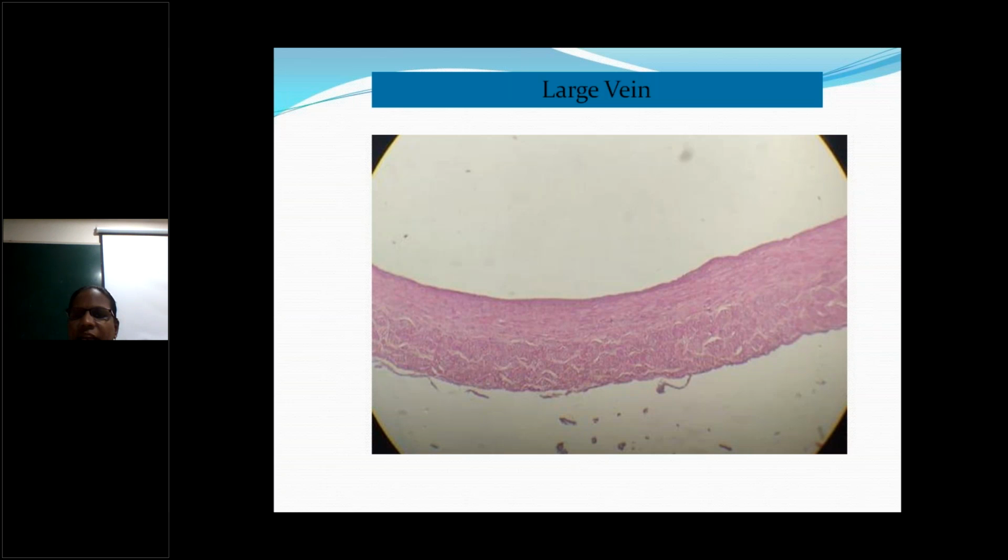In the arteriole, we can't see the three different layers. Intima, media, adventitia can't be seen clearly. So endothelium will be present, subendothelial connective tissue will be present, and some internal elastic lamina may be seen, which is supported by a large amount of muscle fibers. No differentiation of the media and adventitia. Surrounding the subendothelial connective tissue is a large amount of smooth muscle fibers. No differentiation of three layers is seen in the arterioles.